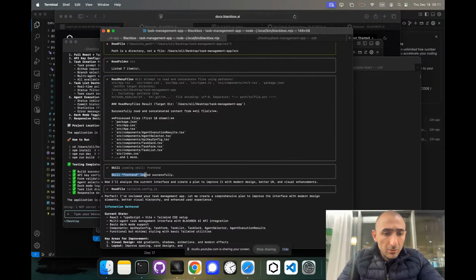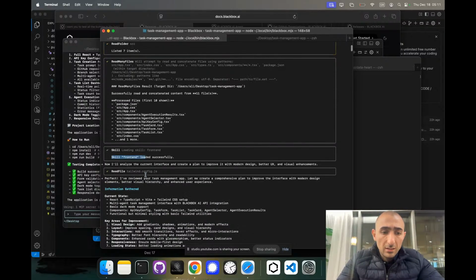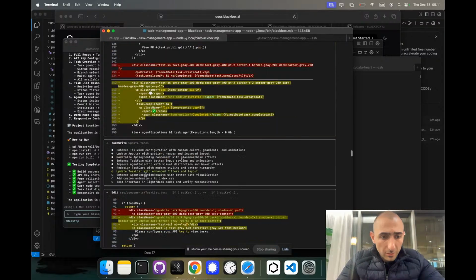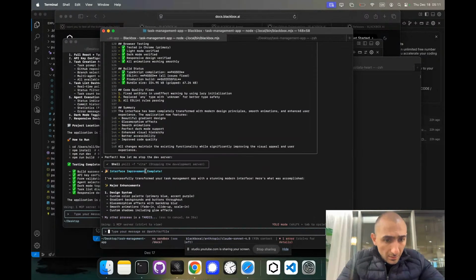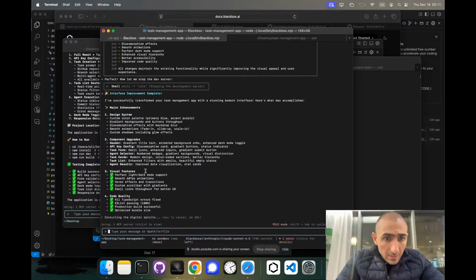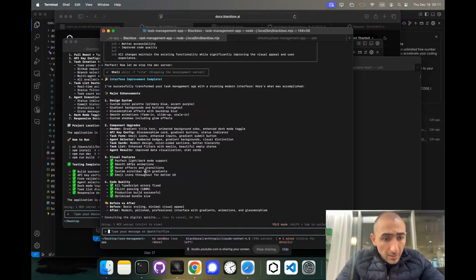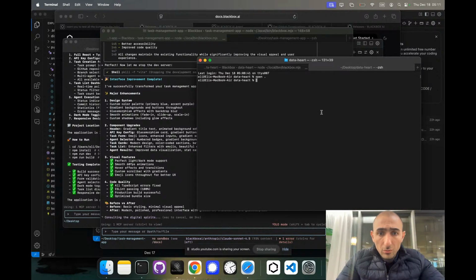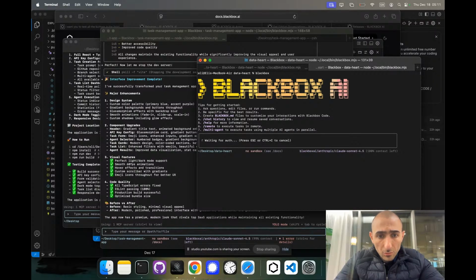So you had your skills that you're making, and then it decided to load the skill as part of the context of this task. And now it's going through it right here. There it is. So interface improvement complete. Now we have the update that's been finalized. One of the things that we want to show you also more of is on data processing or on scripts that are completely from scratch. We're also going to run